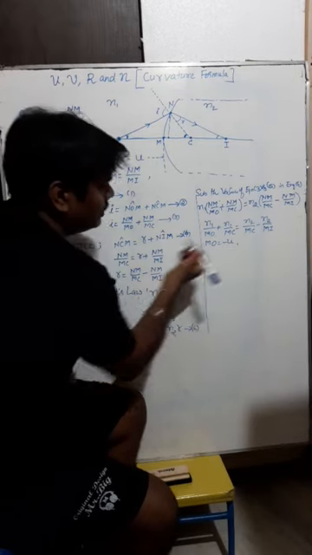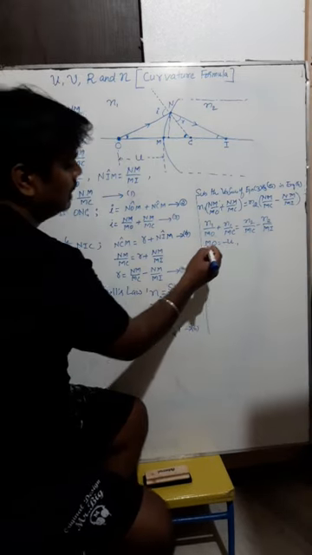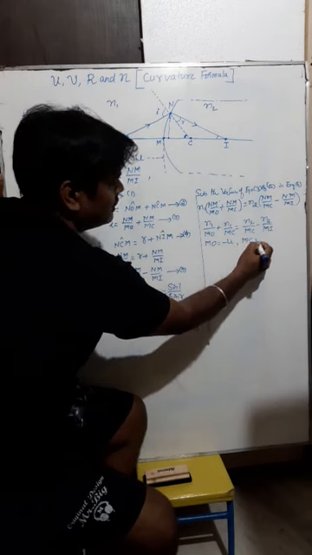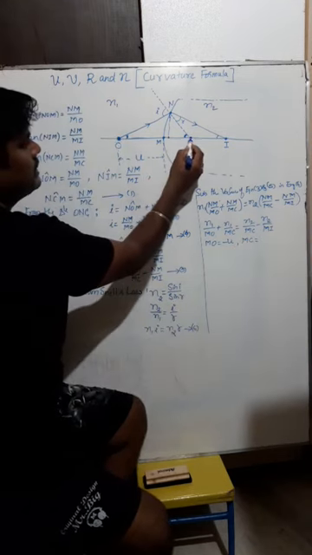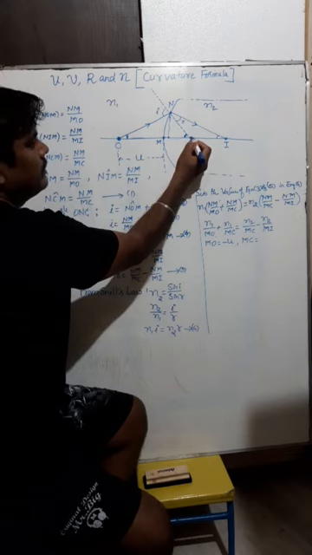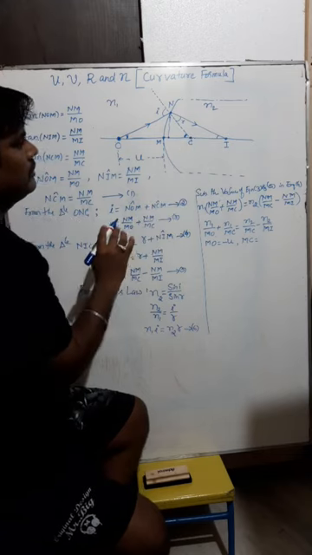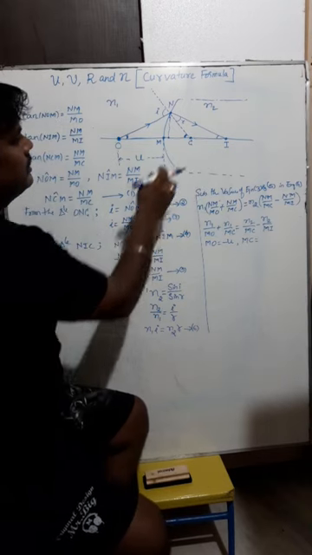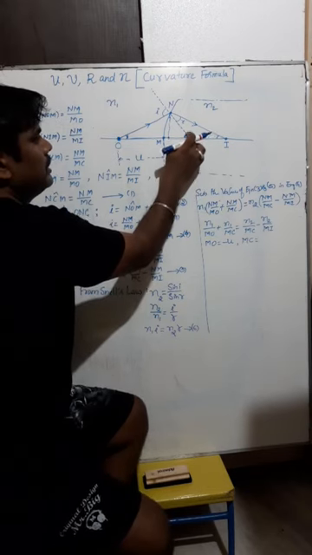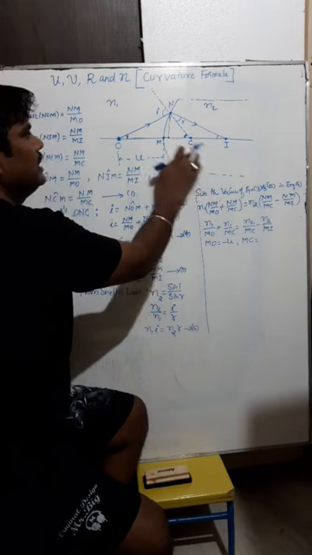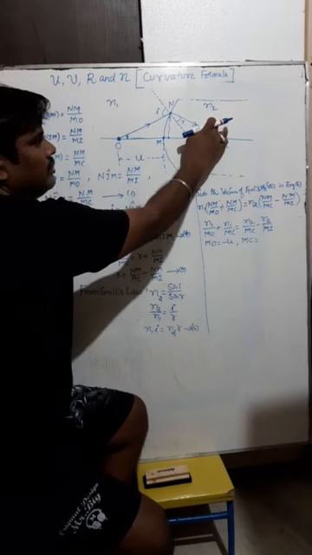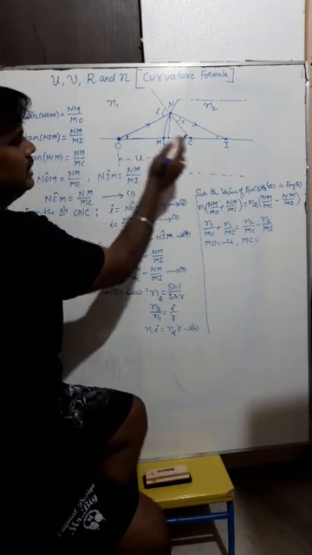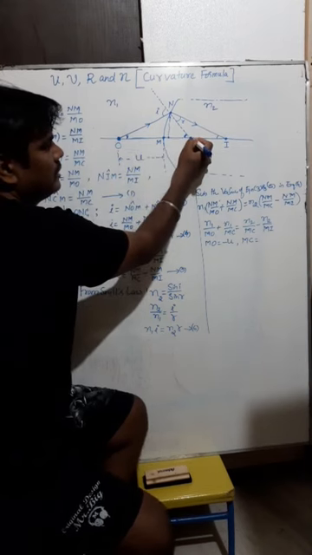Next one. You got the value of Mo, now the value of Mc we want. See from the diagram, M to C. C is considered as the center of curvature. You know what the center of curvature is? It is the point here. The center of curvature should be in the denser media because light is traveling from rarer media to denser media, since the curvature is convex towards rarer. That's why it is in denser media, right?